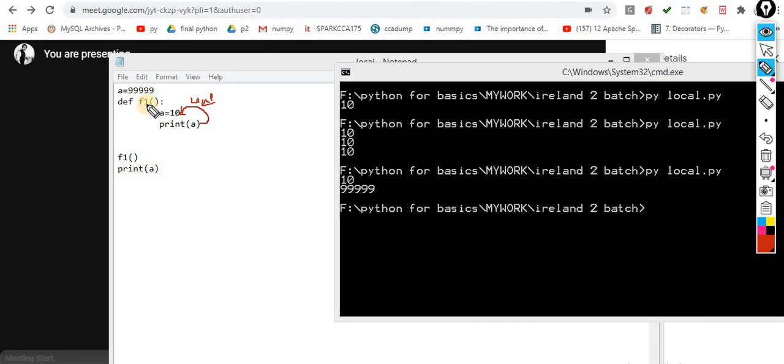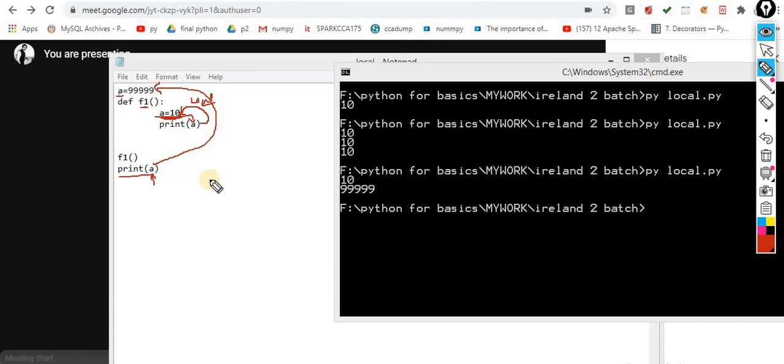So when I call this function, inside this function there is a variable that is also available globally, but it will give the priority to this local variable, and it is giving me the output present inside the local variable. But when I call the global variable outside the function, it will always give the priority to this one.